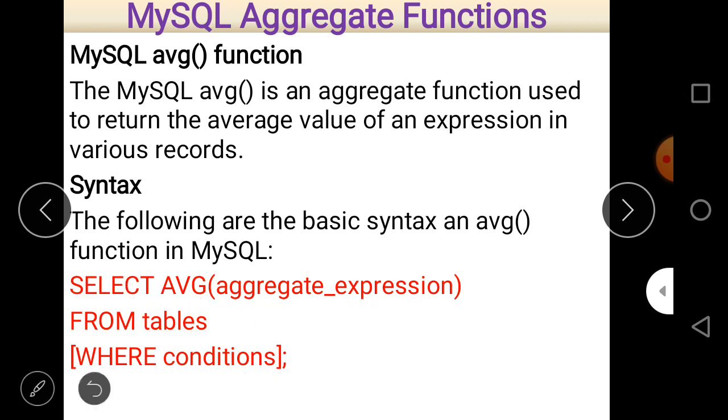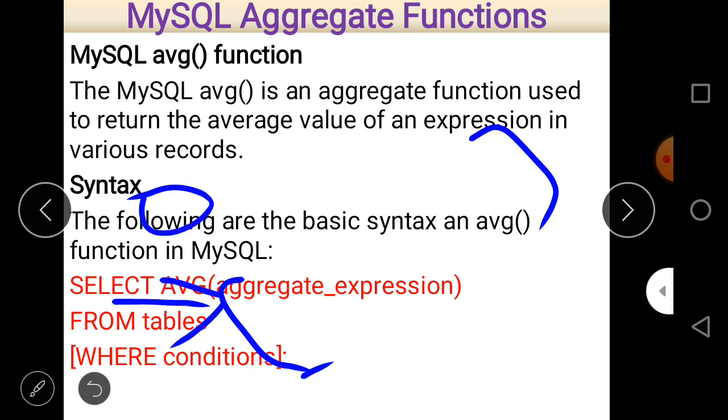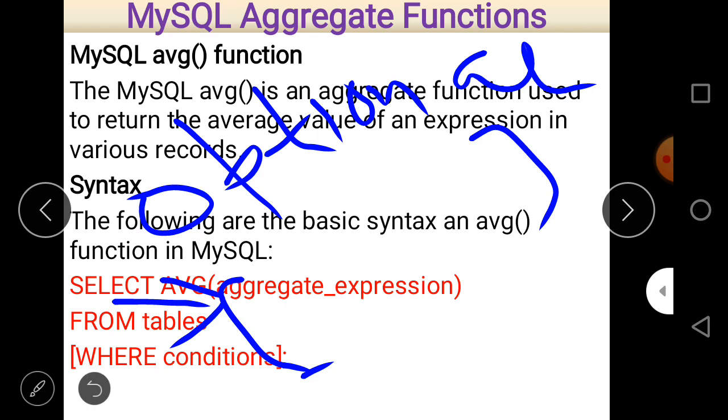You can see here that in the syntax the where condition is written in square brackets, and why is it so? It basically represents an optional parameter. It means it is not compulsory to always use a where condition. It is according to the requirement. So optional parts are always given within square brackets in a syntax. So this is another important part here.